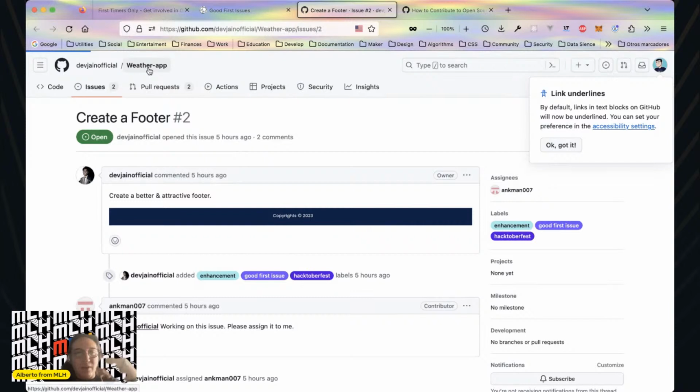Then we can take a look at the project issues. So if we go here, it's the issues section, and they have two: add relevant favicon to website and create a footer.